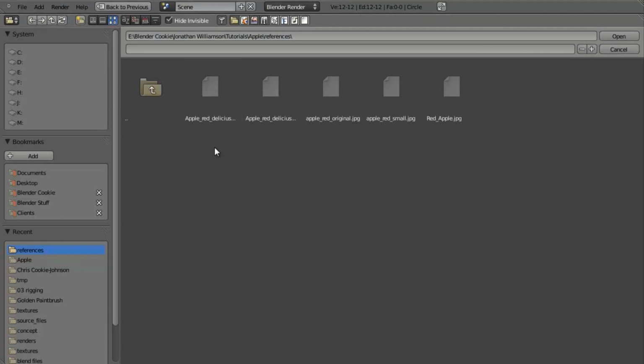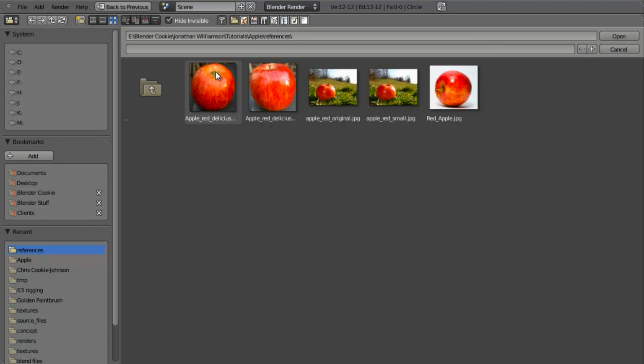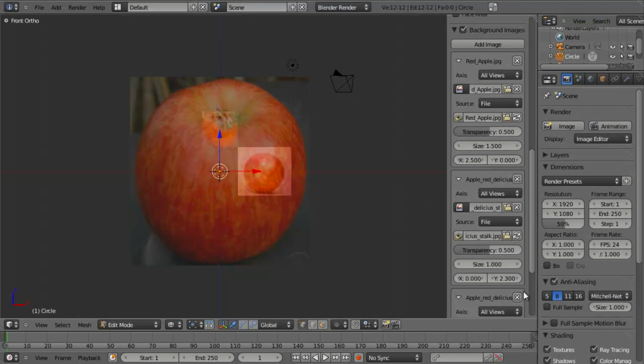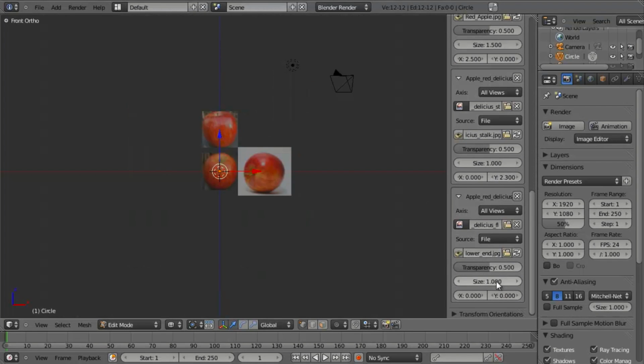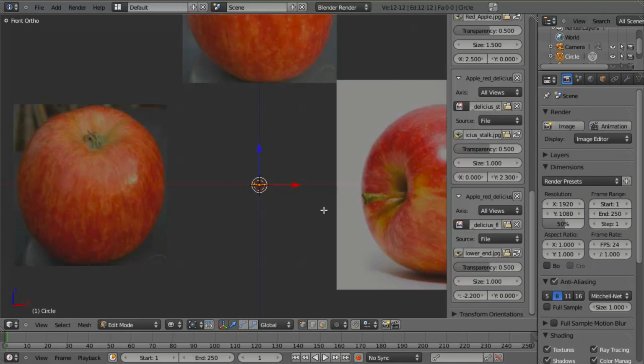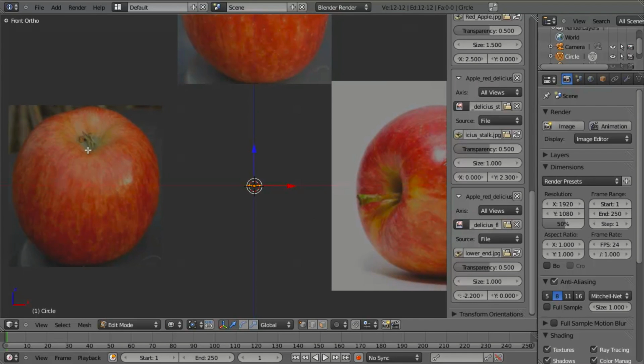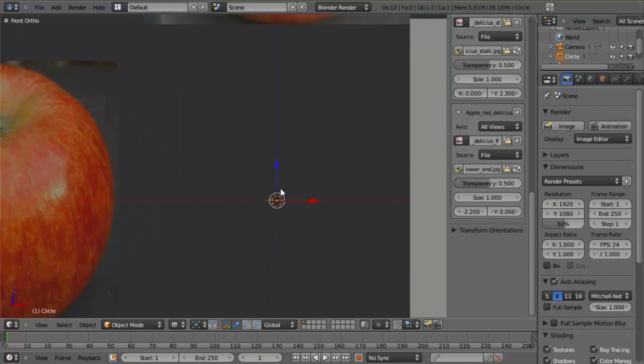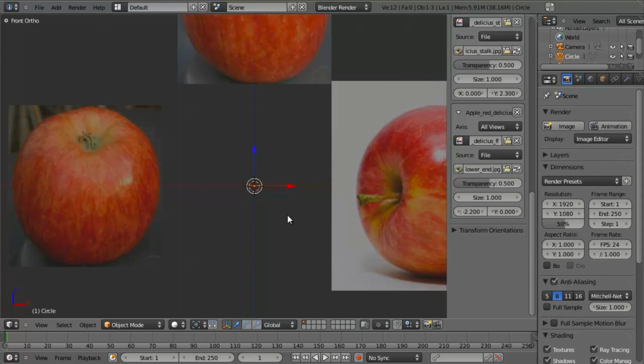On this one, we're going to choose this one here so it shows the bottom of the apple, and we'll take this size down to 1 as well, and then move it over along the x-axis. There we go. Now on our circle, we can see that this area right in here, the bottom of the stem, which is basically the center of the blossom originally, we're going to use this circle, and let's go and E to extrude, scale out a bit,